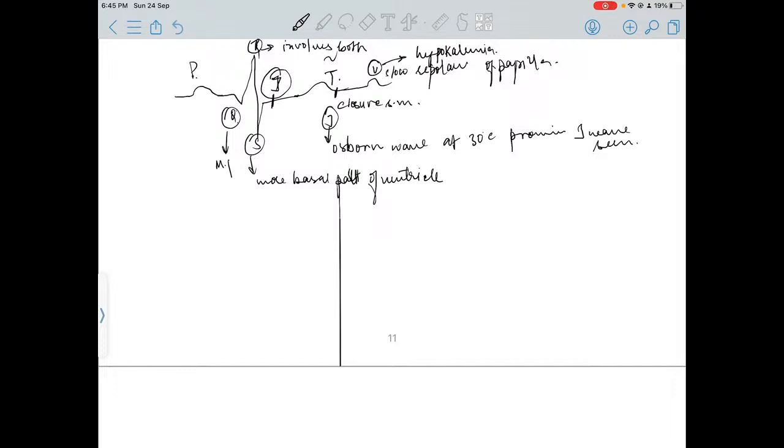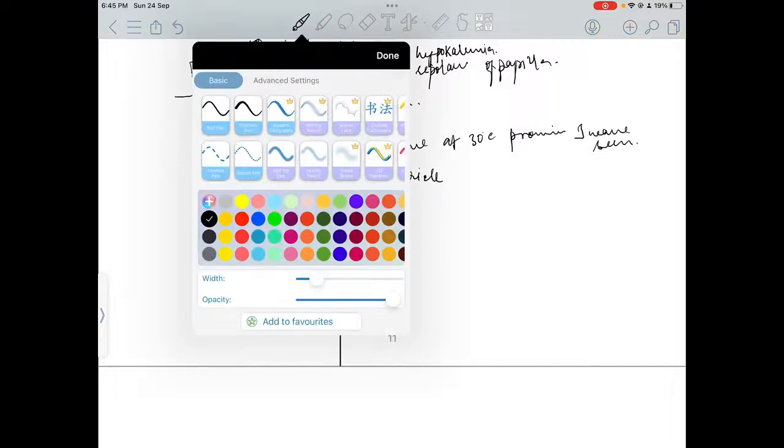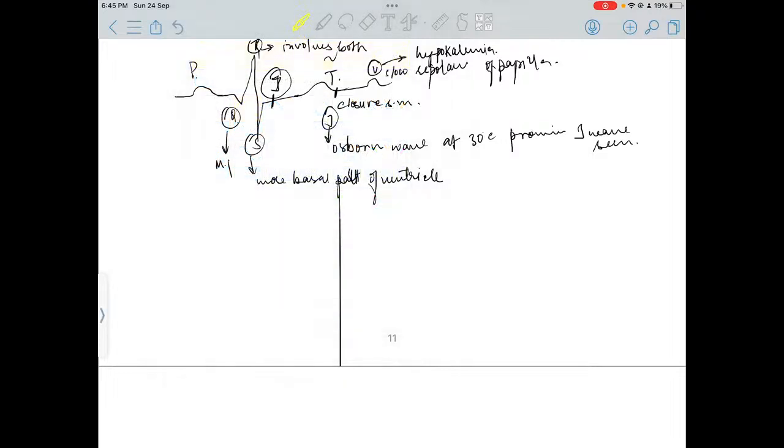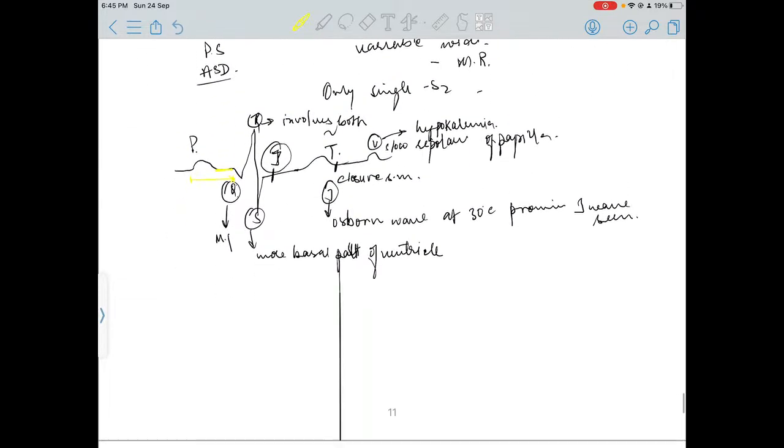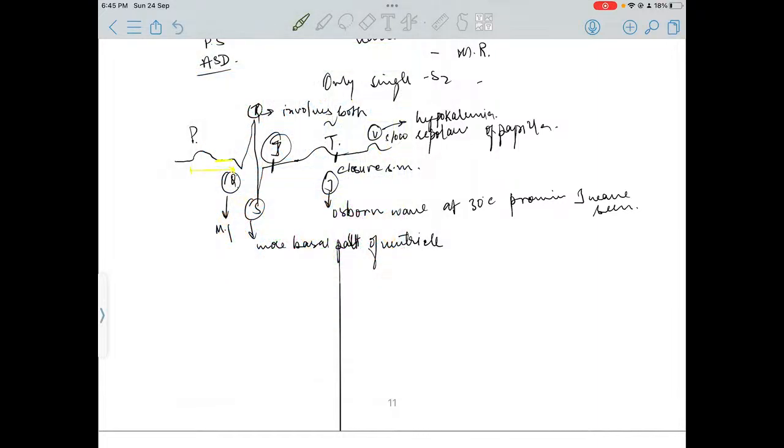Now we are seeing the intervals and segments. I'll take another color. Yellow is fine. Now there are waves and segments, right? The PR interval, which is this one, is an interval, and this is the segment. Let me take another color which is more visible. Green is fine. Yes, this is the PR interval, this is the segment. So from the start of P till the start of Q is the PR interval, and